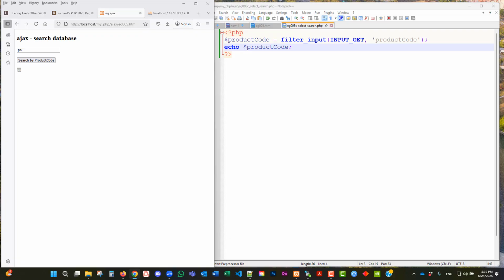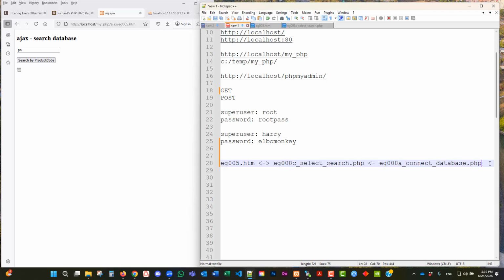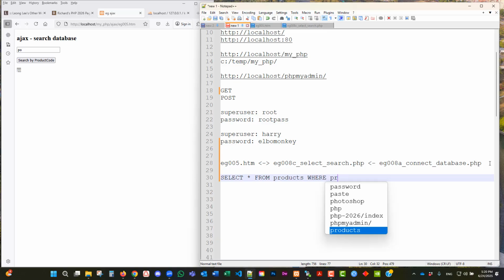Okay. All right. To do that, you need a SQL statement. So let's just type the SQL statement somewhere. To do a search, you need to do something like select star from products table where product code like star, I'm sorry,